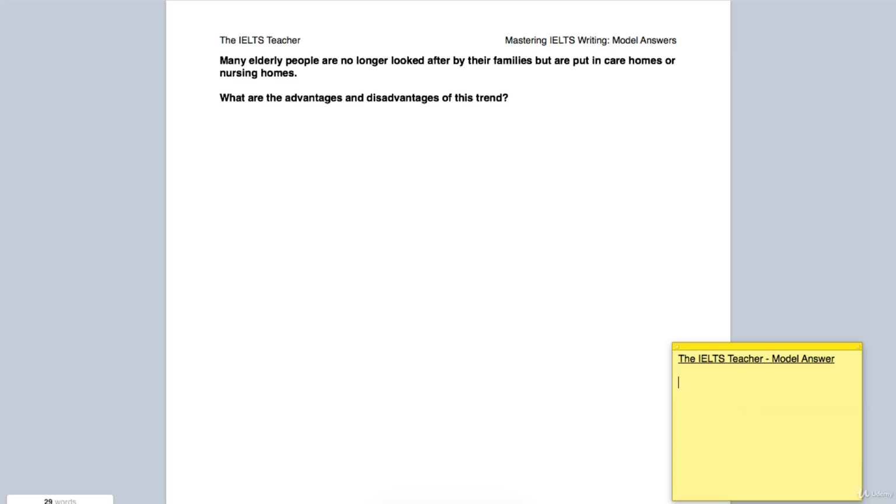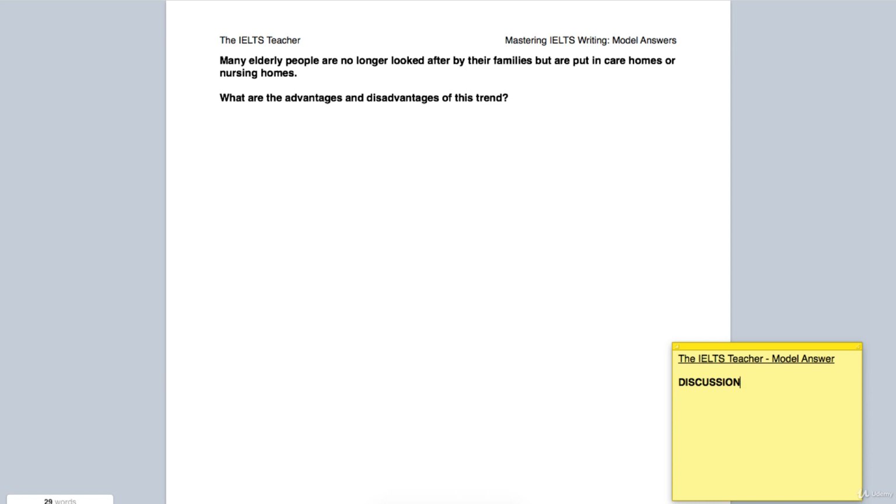A good way to consider whether it's going to be a pure opinion or a pure discussion essay is to look at the conjunction. The conjunction here is an "and". You're not being asked to decide between one or another. You're being asked to talk about both advantages and disadvantages. There are some exceptions to this, but a good rule to keep in mind is to think about the conjunctions when selecting the question type.